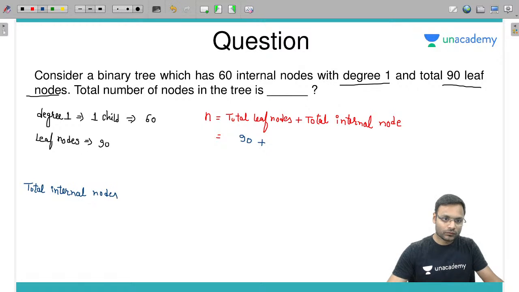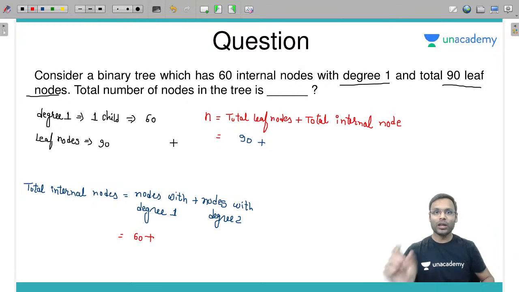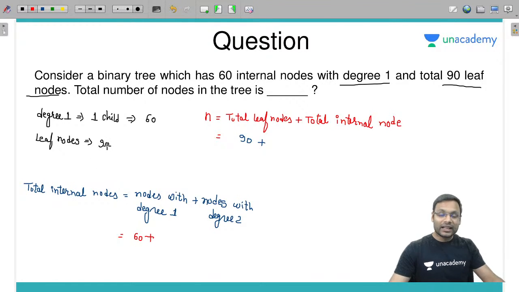Total internal nodes is equal to total nodes with degree 1, one child, plus those nodes which are having degree 2, two children. Now total nodes with degree 1 is given, which is 60, plus how many total nodes with degree 2, means how many nodes with two children we can have. We have a very simple formula. Total number of leaf nodes is equal to internal nodes with two children plus 1. So total number of nodes, this is 89 plus 1